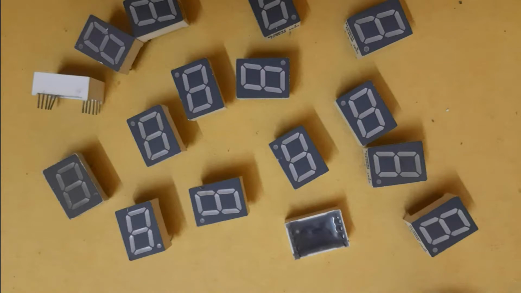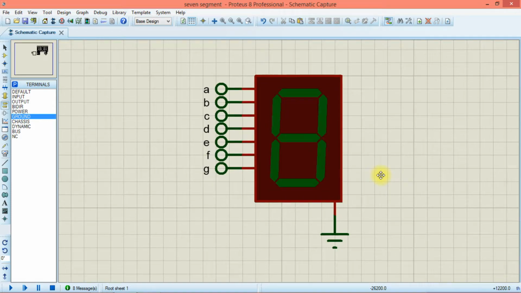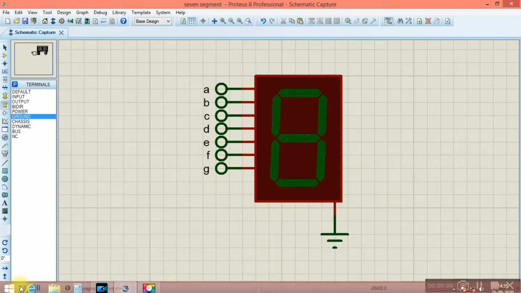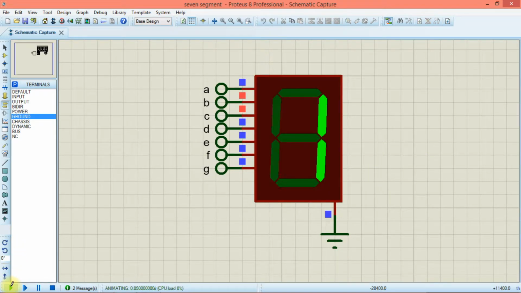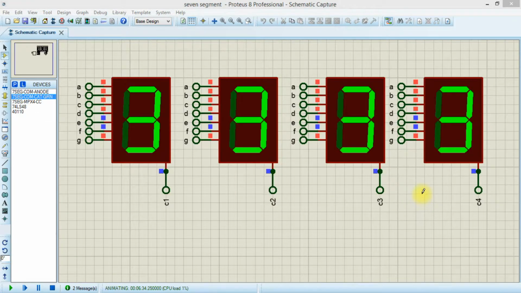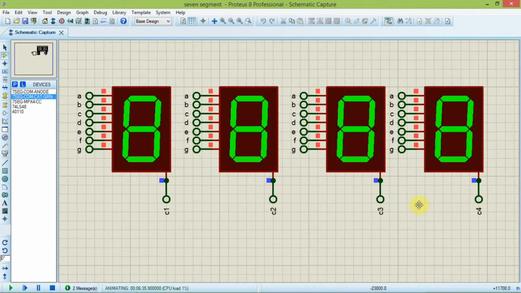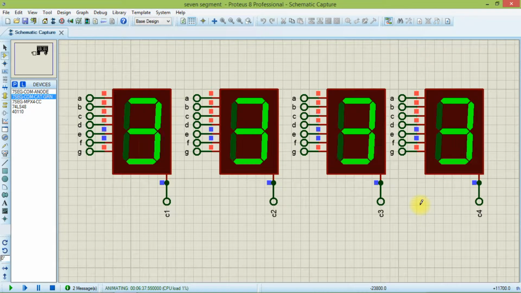Imagine you're working with a project which requires you to use a seven segment display. In order to use the seven segment display, we have to connect 7 GPIO pins of the microcontroller. And in most of the cases, we need more than one seven segment display to print our result. It doesn't mean we have to connect 7 GPIO pins to each segment.